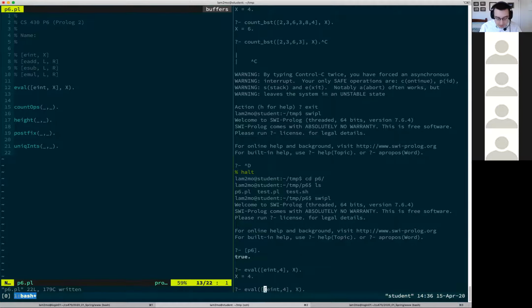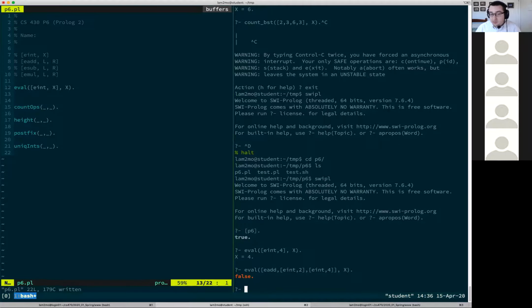This will not work if we have a more complicated tree. So let's eadd. So let's add 4 and 2. And I'm gonna need to add another bracket here. Okay, so this is 2 and 4 as leaf nodes, and then their parent is an addition node. And so we haven't written a definition for this, so Prolog can't find any value of x for which this is true. All right, so the pattern that we want to match here is going to be eadd, and then